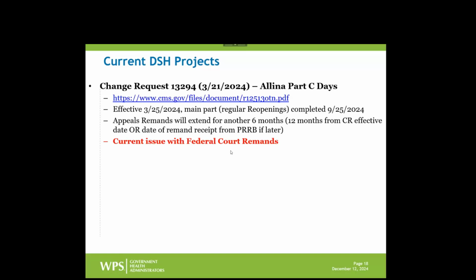So right now, our question that we're trying to work out with CMS is, when do they expect these to be done? It sounds like there's going to be another workload issued. So we don't really know the due date, but we're going to be working on these to try to get them through. They're all going to be zero settlements, barring any weird issue where something happened at final settlement incorrectly. In those cases, we'll correct it now, and it might be other than a zero settlement. But the point is, the same basic SSI ratio that was available at final settlement is the one we're supposed to be using now. So it should be a zero settlement.